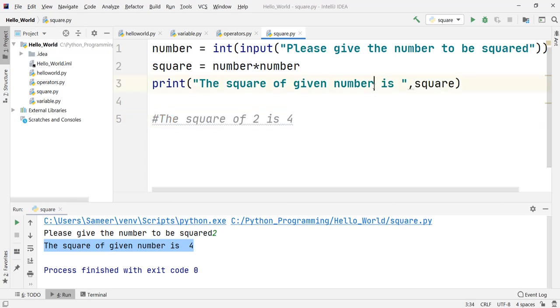So is it possible if I replace this given number with 2, whether it will be a probable solution? No, because the problem here is that right now we have given 2 as input. That is why we are getting the answer as 4, but we are asking the user for input. He or she may give 2 as input, 3 as input, 4 as input. So we don't have control over that input. The input can be anything as given by users.